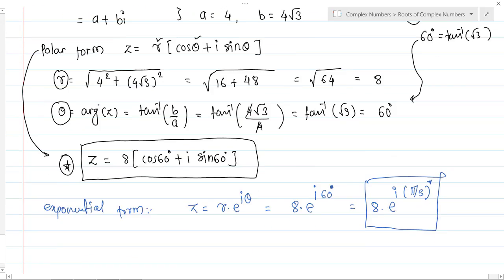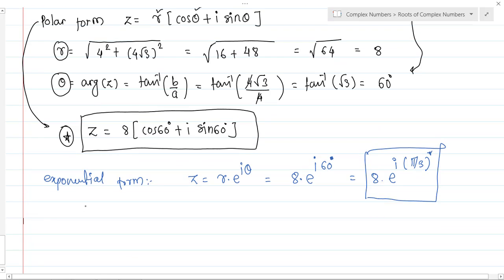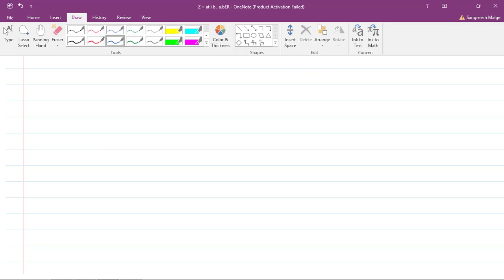Okay, let's take the second question. Represent the following complex number in the polar as well as the exponential form. So z is equals to -2. First step is what? Compare the given form with the standard form, which is a plus ib. So from this, what is a? -2, and what is b? How much is b? 0. Very good, it's a 0.